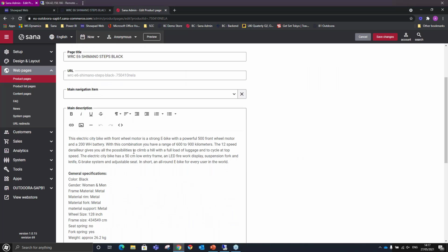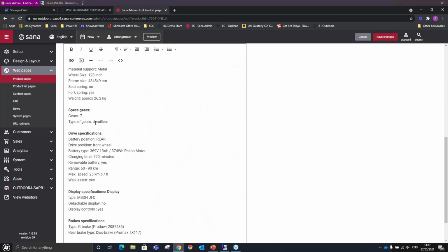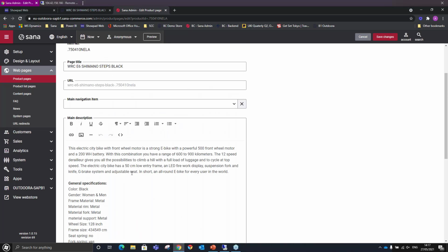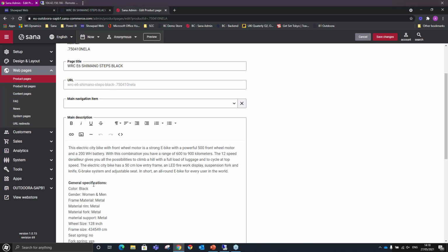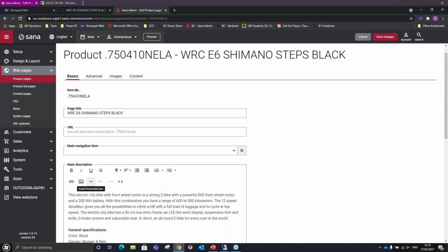If we just edit here, we can see this is an advanced description. I've actually added that in here because all of this information I don't necessarily want within Business One. Now, we talked about managing information in two separate places. You'll have the key information, which is the business critical information like stock figures and pricing and addresses, and all that stuff will automatically come through. But this is advanced information specifically around products that you might want to enhance in the store from